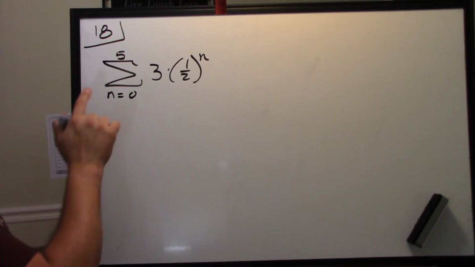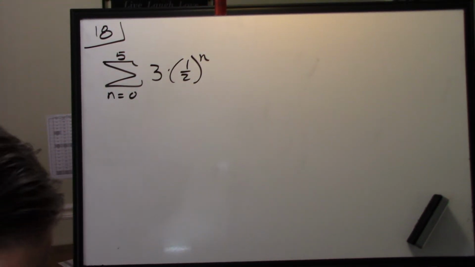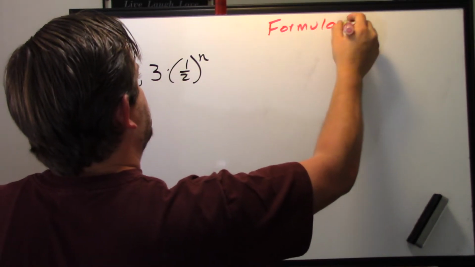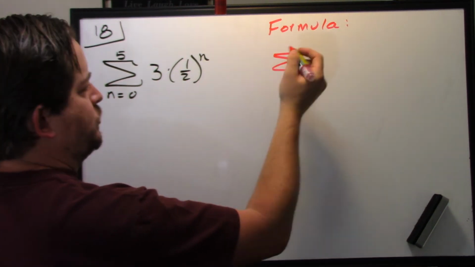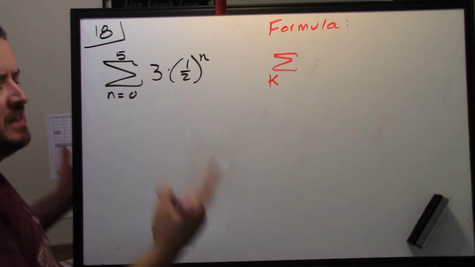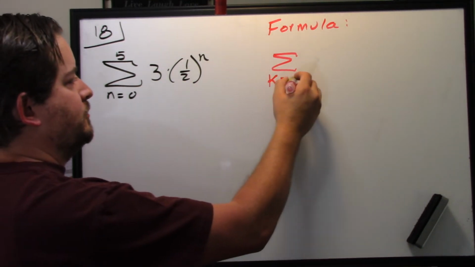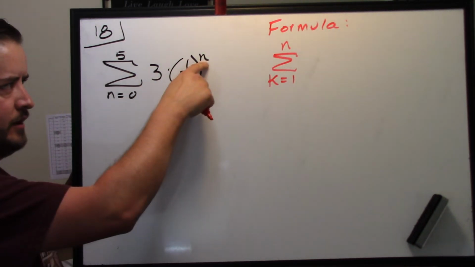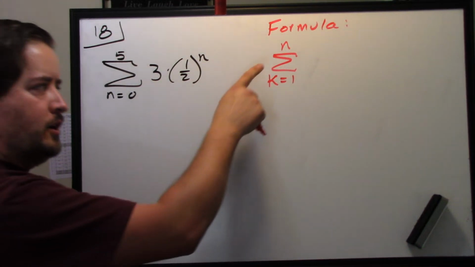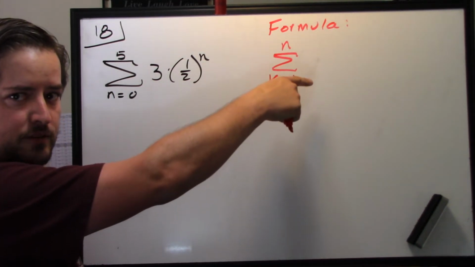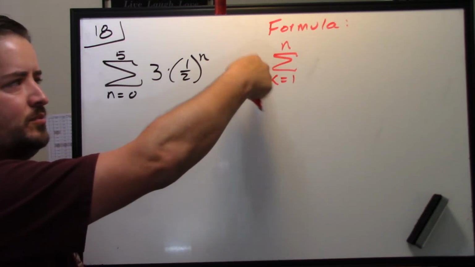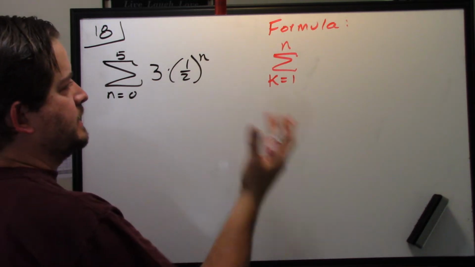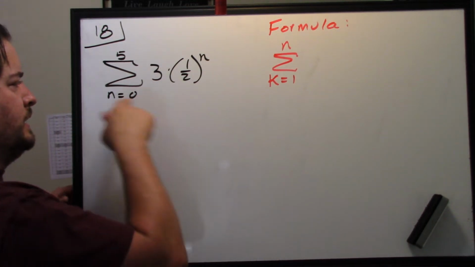So we have a formula, right? And we have to be careful if I try to use this formula. The formula uses an index of k instead of n. That doesn't matter. And it may be a little bit confusing because then it stops at n, right? So this n over here is the index, meaning whatever I have in here goes from 0 to 5. Over here, k is my index, meaning whatever k I have in the expression starts at 1 and stops, in this case, at n. So they're just dummy parameters, and you have to be careful which one's the